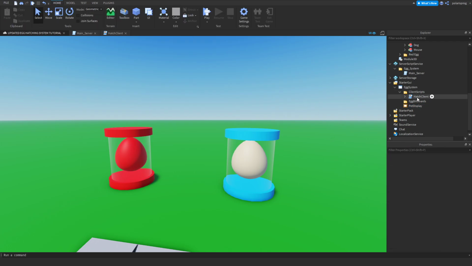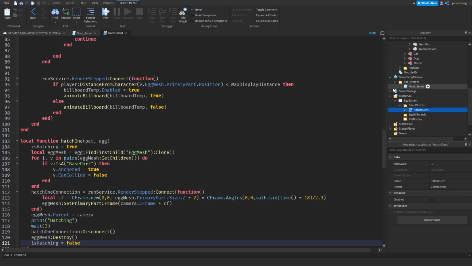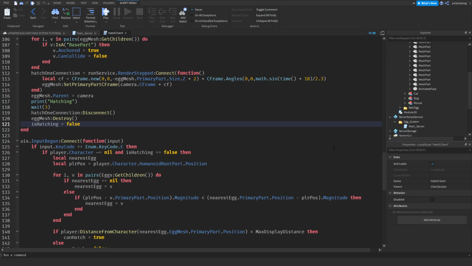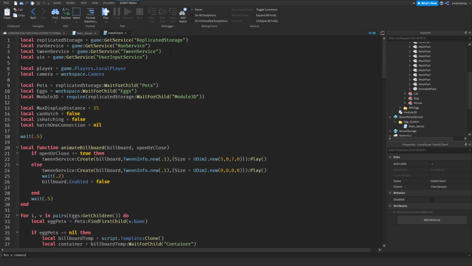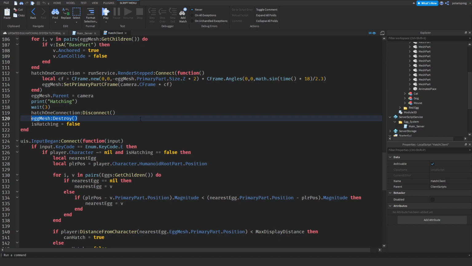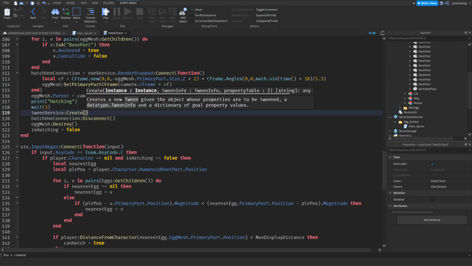And now what you can do is just enter the hatch client script, and we will be using the 3D module. So what I'm going to do in here is, after we destroy the egg mesh, instead of just straight up destroying it, we want that to have a nice animation. And to do that, I'm going to go up here, and I think we already have a reference for tween service, which is good. So what I'm going to do now is, just before we disconnect all of this, I'm going to do a tween service create,